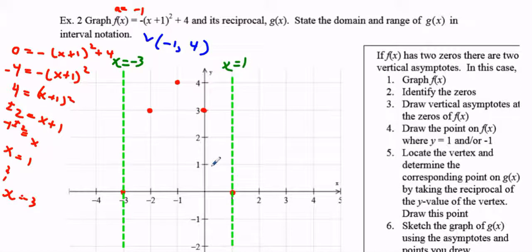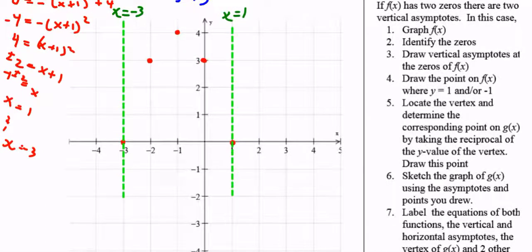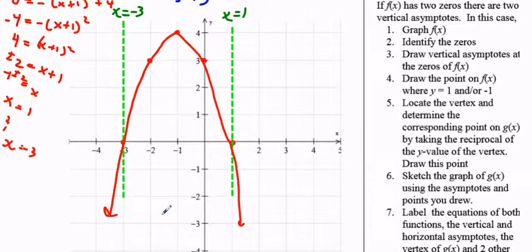Okay, so I've drawn in the zeros of my original function, and my new function has vertical asymptotes. Okay, I'm going to draw my original parabola now that I have lots of points. I probably should have done that at the beginning, but this is the parabola. Oy, it's very, very difficult to draw with this. So I'm doing the best I can. Okay, so I've drawn my parabola, I've identified the zeros, I've drawn in my asymptotes, and now number 4 says